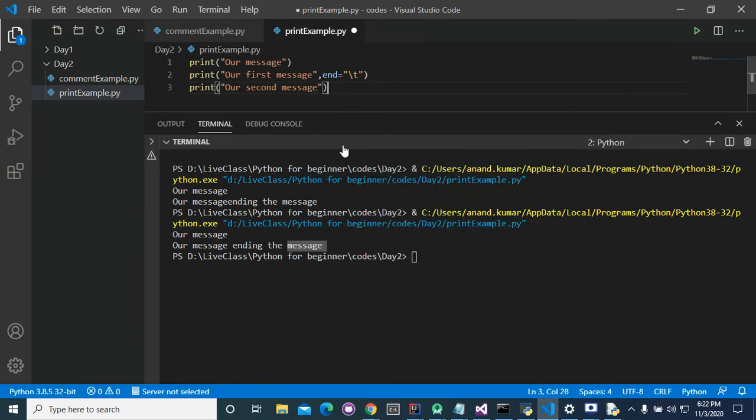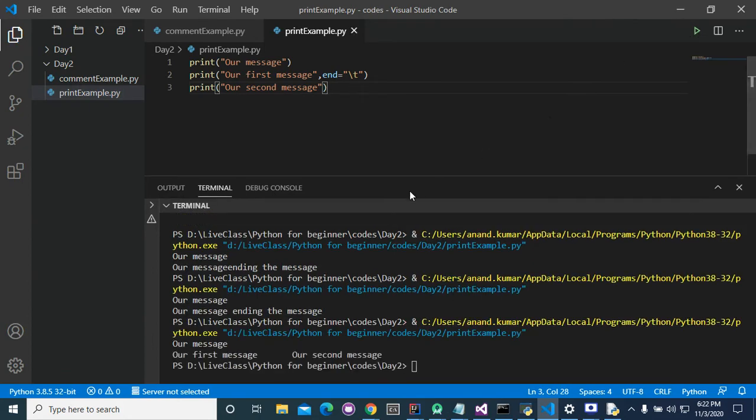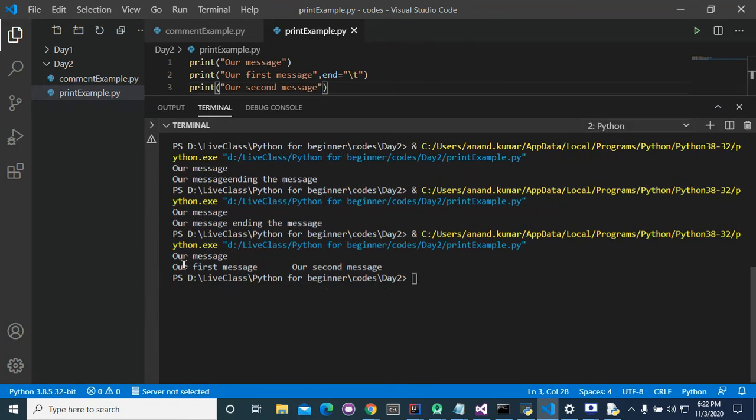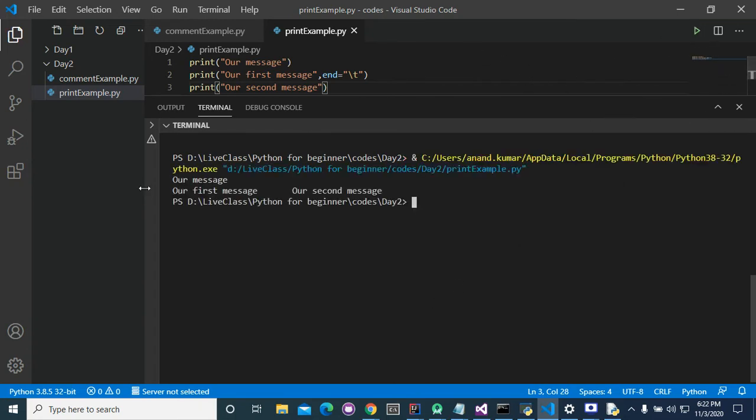Okay, let's run this code. First I am clearing the screen. Now you can see that the first output is our message, and the second output is our first message, and there is a space between our second message. Okay, then what is the importance of this end?